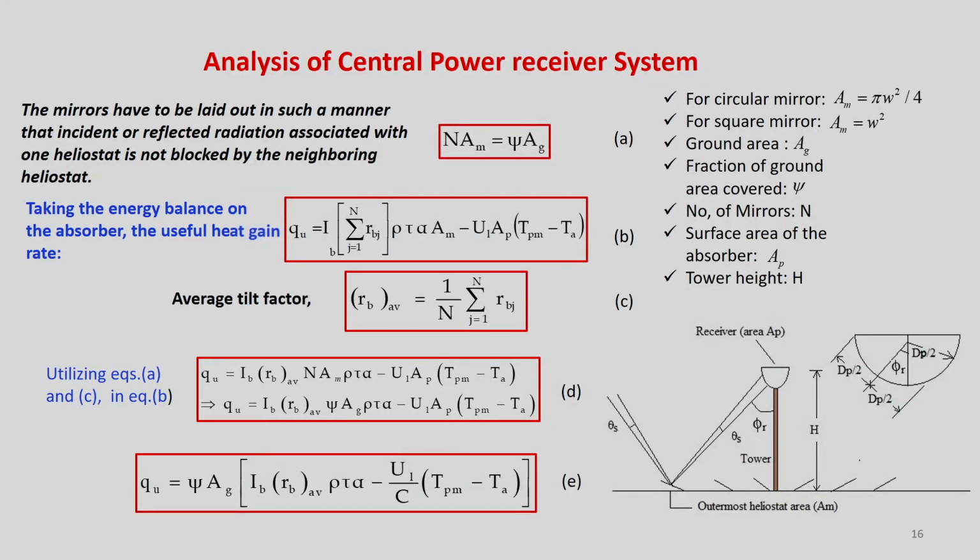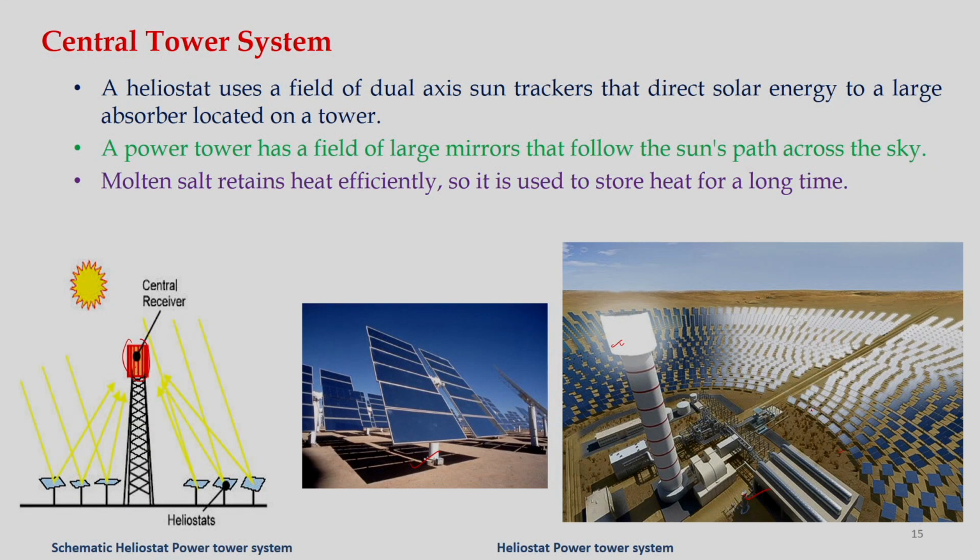So, let us analyze the central power receiver system. If we go back to the last slide, these are the heliostats. See, there are gaps in between, because if a heliostat is shadowing the others, we are losing efficiency. That has to be taken care of, so the gap between the heliostats has to be maintained. If we consider the area of a single heliostat as am, and there are n number of heliostats, and the ground area as ag,